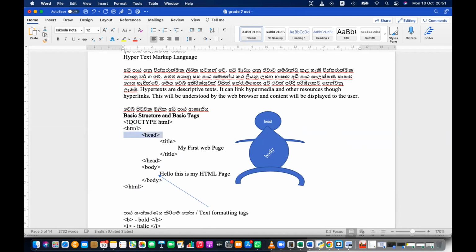HTML tag is the largest tag. It can hold all the other tags. It can nest or hold all the other tags. Then the head tag and then the body tag. Body tag is to display the content. Body tag will display all the contents in the pages. Head tag is basically header instructions or the headings.